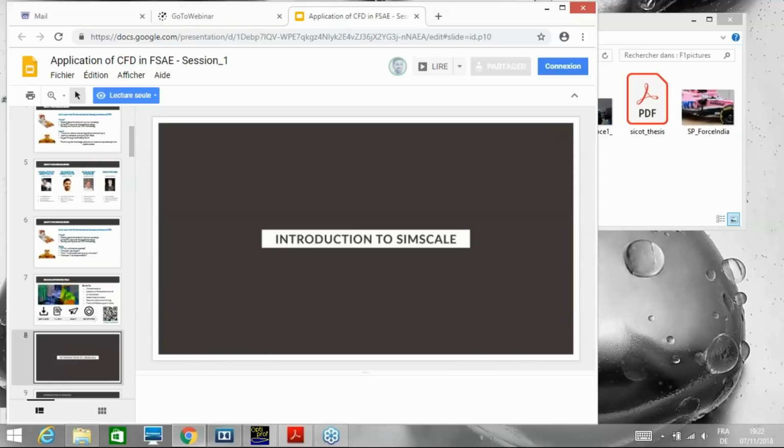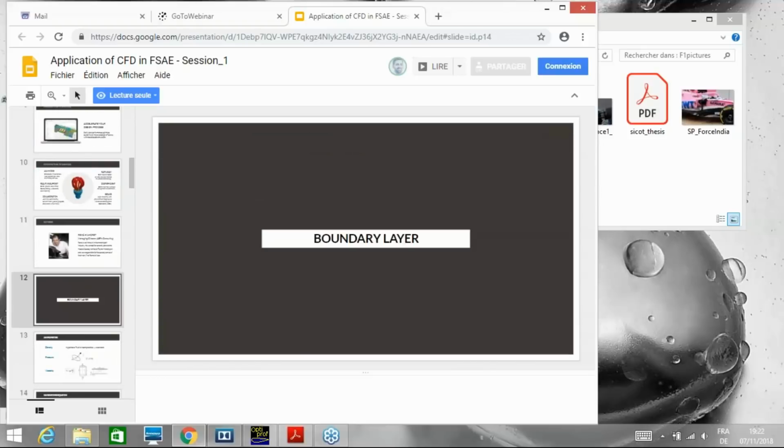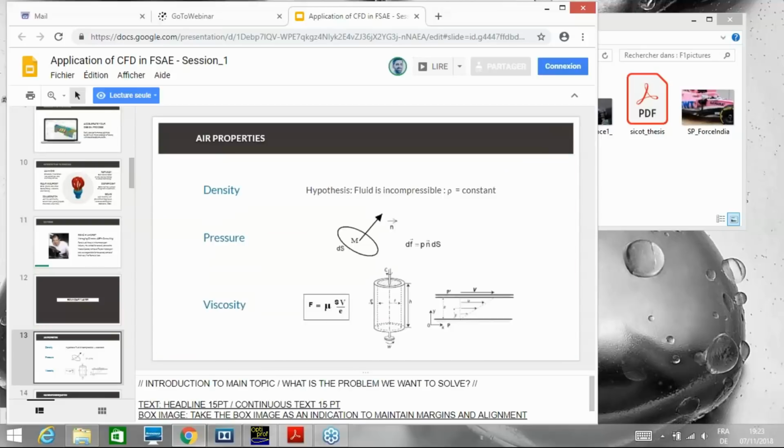So the presentation that I will do today is to introduce you to the fundamentals of aerodynamics that are useful for race car development. And the first part is speaking about boundary layer. That's a thin layer that's close to the wall due to the viscosity of the air. And to introduce boundary layer, I would first like to